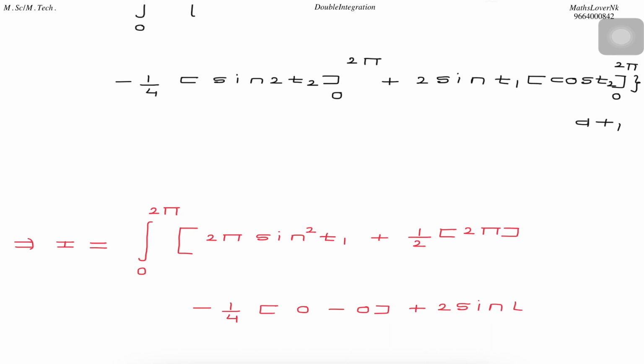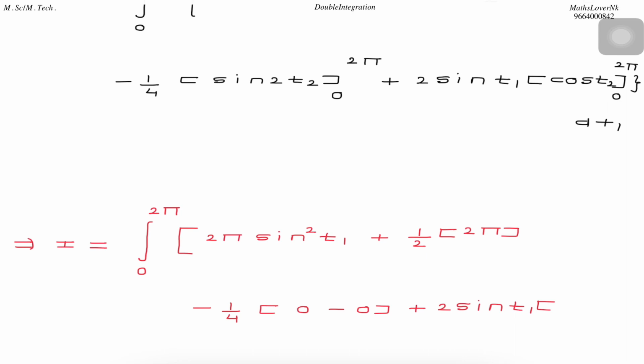When we put 2 pi, cos 2 pi is always, cos pi is equal to minus 1, cos pi lies in the second quadrant,